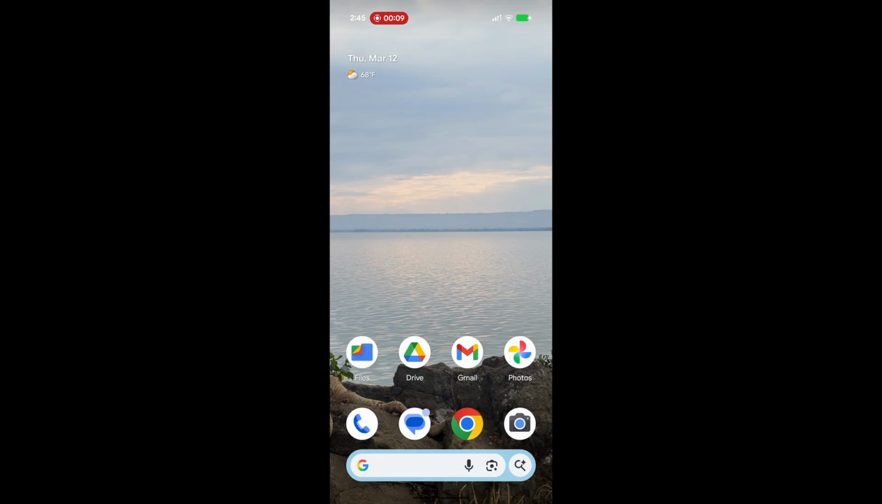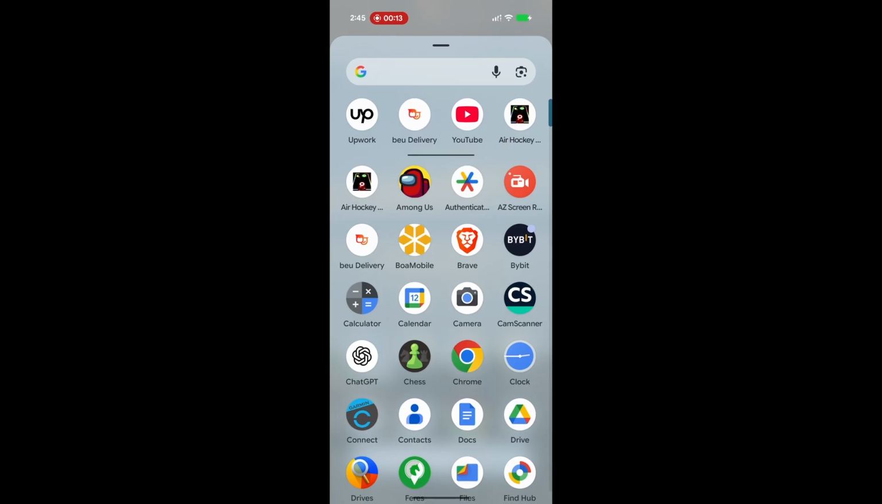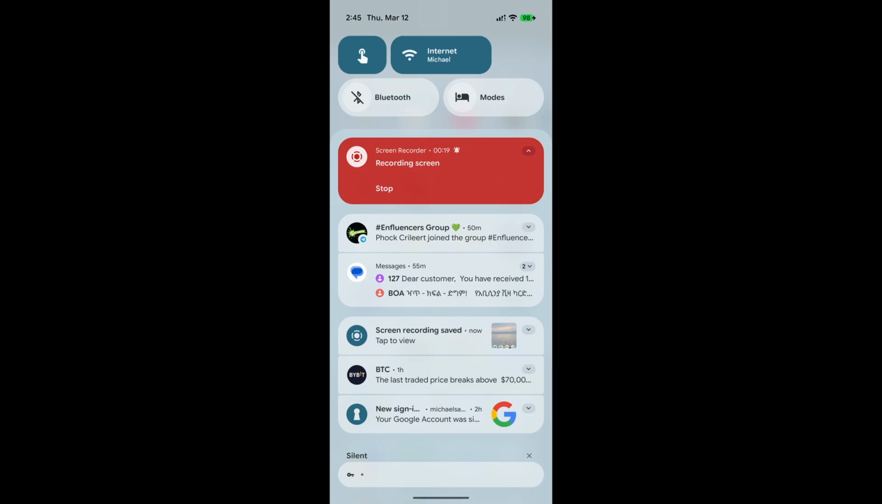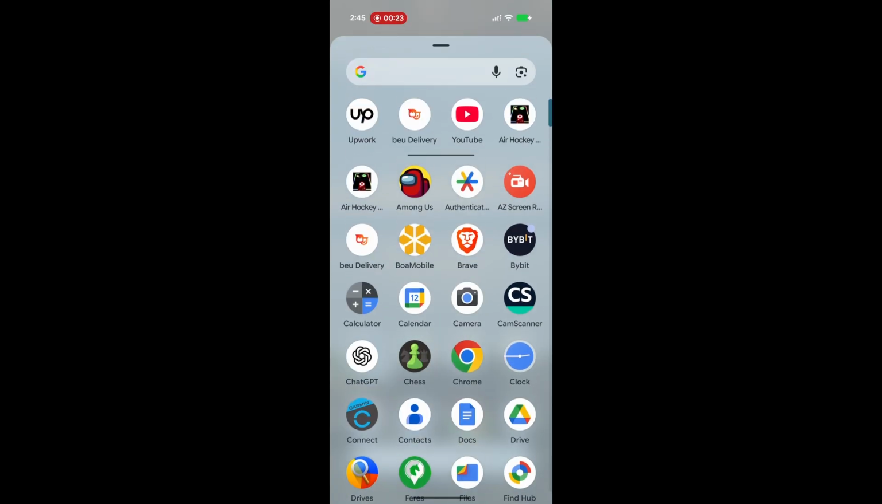So sometimes YouTube might not work, and when that happens, the first thing we have to do is check if we are connected to the internet. And if we check and we're connected and it doesn't work, what we do is open our app library, search